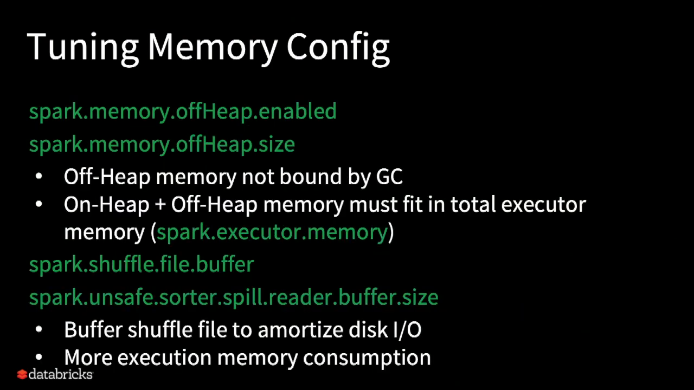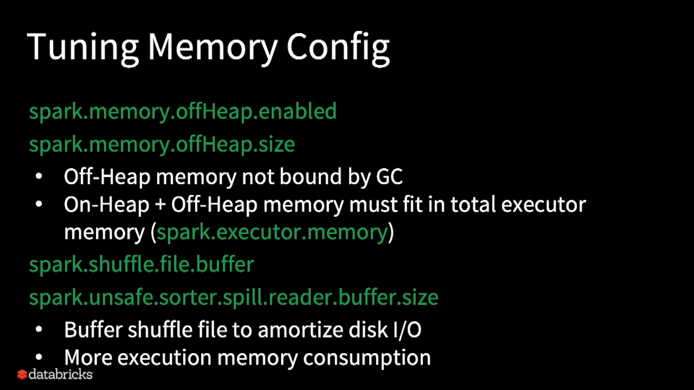You may enable the use of off-heap memory by setting spark.memory.offHeap.enabled to true. The off-heap memory size is decided by spark.memory.offHeap.size. Off-heap memory can be used as execution memory as well as storage memory, and is not bounded by GC. The only thing to remember is users have to ensure that the on-heap memory and the off-heap memory together must fit in the total executor memory. Otherwise, the executor memory is not enough,